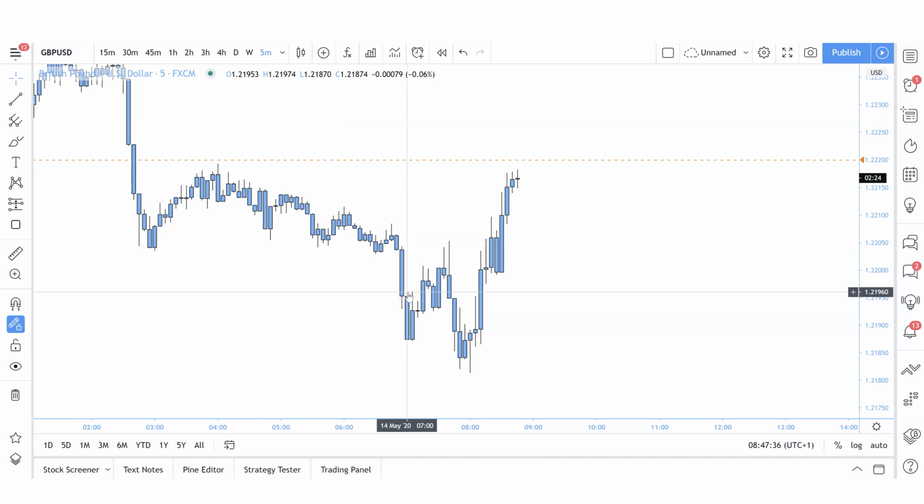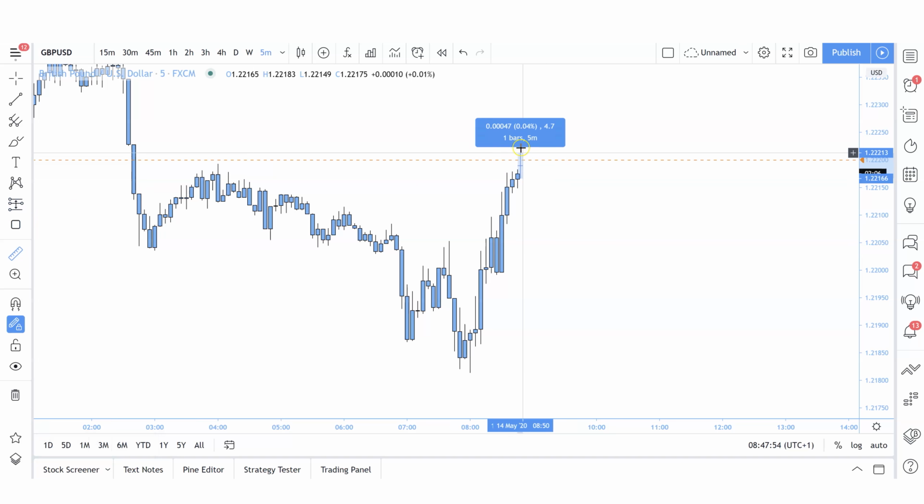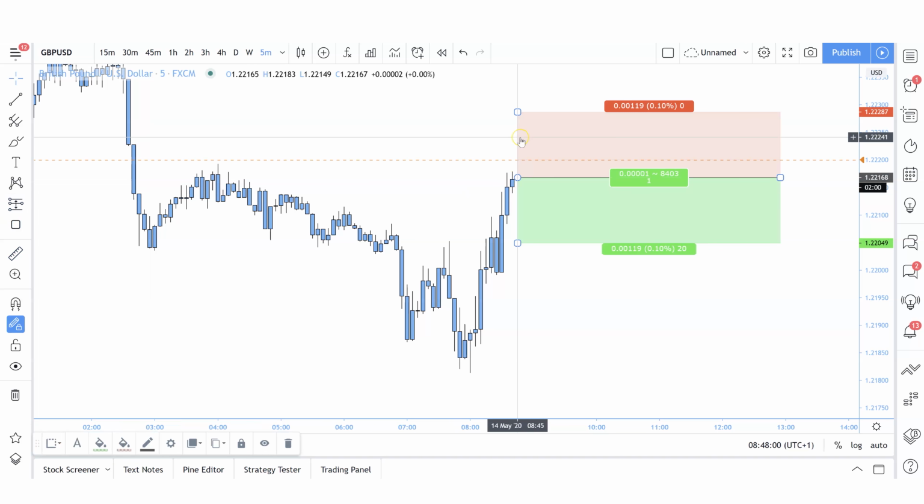So I just thought I'll jump on because you guys have requested that I show you a live trade. So I'm just about to jump into pound USD and I'm looking just to take this trade immediately. So I'm just going to hit this with an instant execution. I've already marked out my risk from where price is now to where price could go. So I'm looking at around a 5-6 pip stop loss here, and I'm just going to hit this with an instant execution